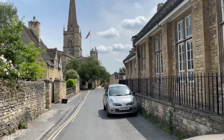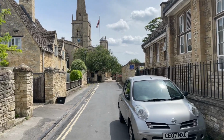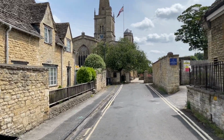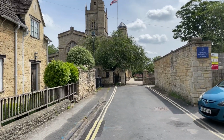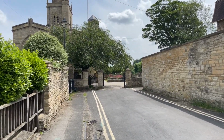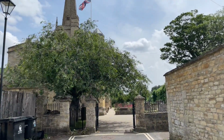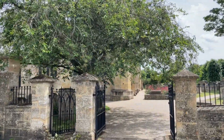And what do I mean by a wool church? Well, as I said, the Cotswolds was an ideal area for sheep farming and became incredibly rich off the good quality wool that was produced here and exported to the continent. In medieval times, the Cotswolds area would have been known throughout Europe for its wool, and at that time, rather than spend the money on the population and improving the lot of the population, they built churches, and they gave the money to the church, which is common of course,